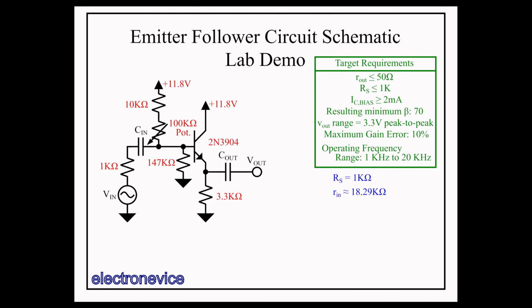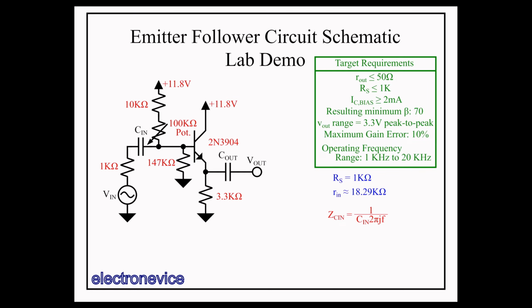So here we have the overall circuit. To determine the requirements on Cin, we need to take a look at how Cin affects the circuit. Cin effectively increases the source impedance by an additional 1 over Cin s, and so to ensure that capacitance doesn't significantly affect our circuit, we must make it significantly less than Rs at 1 kHz. This is the conservative way to design Cin, but may not be practical for very low Rs. The more important factor is that Cin must be significantly less than Rin, as that's the impedance that it forms a divider with, causing a decrease in the gain.